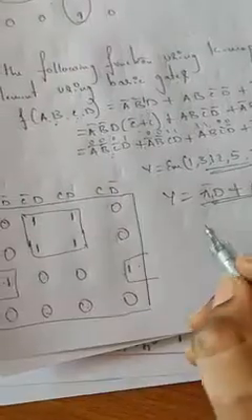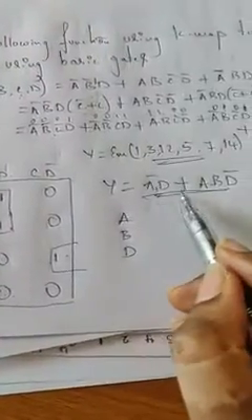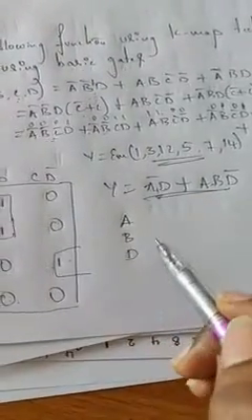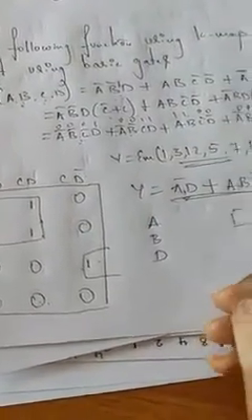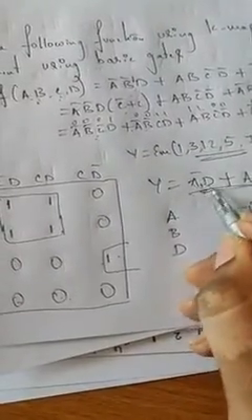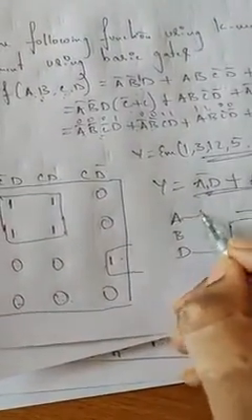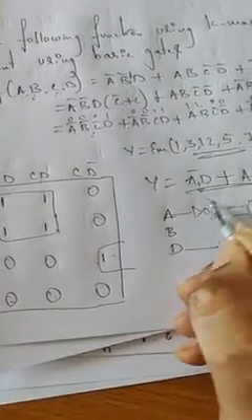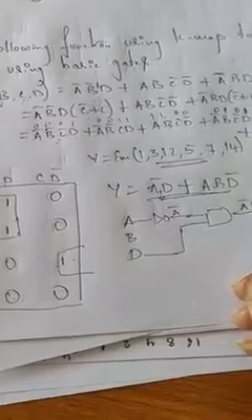So let me write this. We have the variables A, B, D. So totally I have written it like this. First you are supposed to write an AND gate. Two inputs for this AND gate. One input is A bar, the other input is D. So I will take one input from D, and another input from A bar. I am going to pass A here, which forms A bar. The output of this is A bar D.